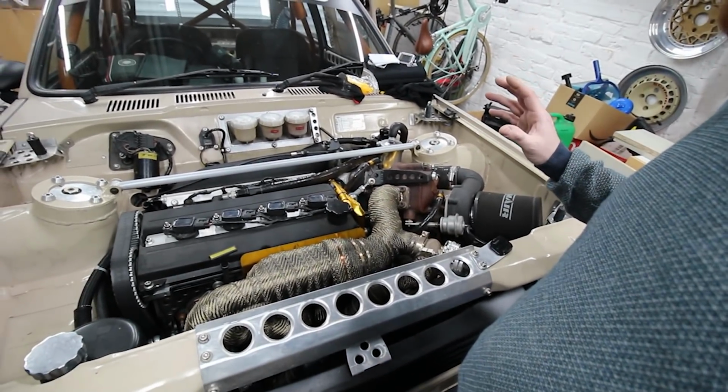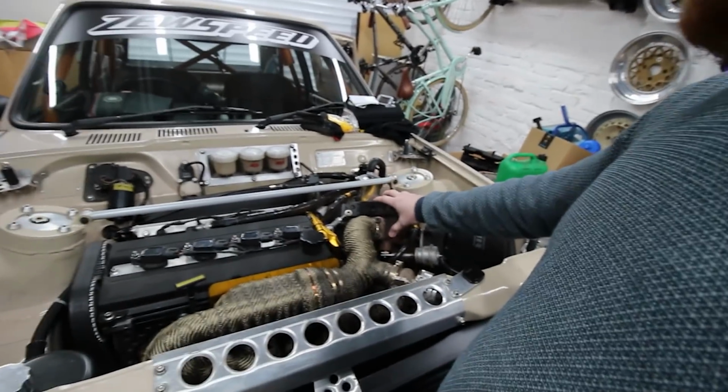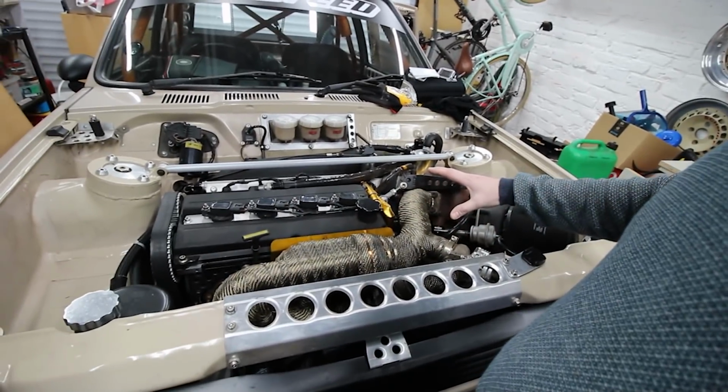Car's still up on axle stands. Elite Racing Transmissions are on the case of making me up some custom one-piece shafts. So whilst I wait for that, I'm looking at things I can do. And one of the things on the list is I'm going to be taking out the twins. Not permanently, I want to whip these out and take all the exhaust manifold and downpipe